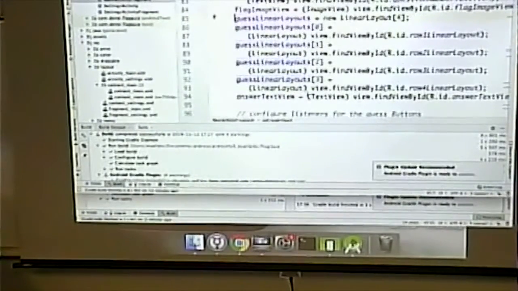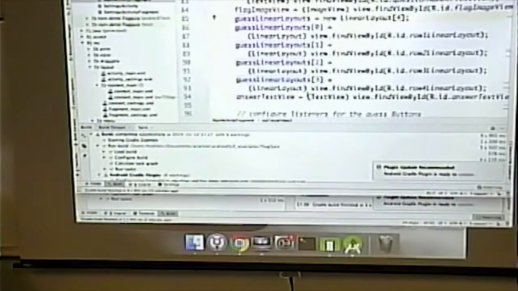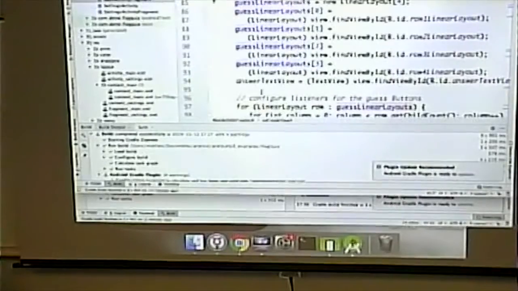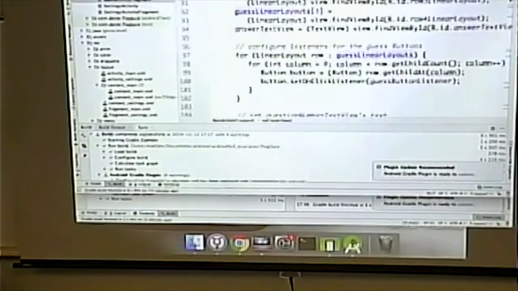If you remember, this particular application has a setting for how many guesses there are. How many guesses there are translates to how many rows, right? Because you could pick 2, 4, 6, or 8. So there could be 1, 2, 3, or 4 rows. So it's a lot easier to do everything if you're doing something multiple times if you have it in an array. So they put it in an array. We find the answer text, and